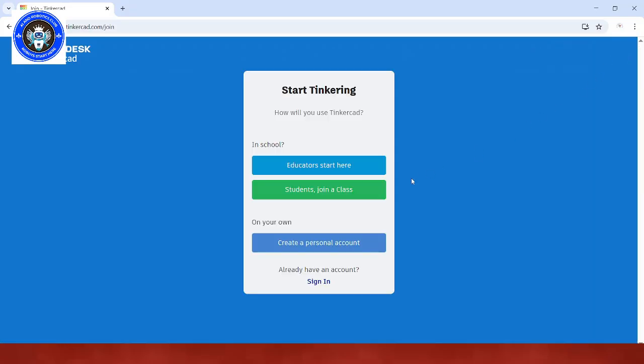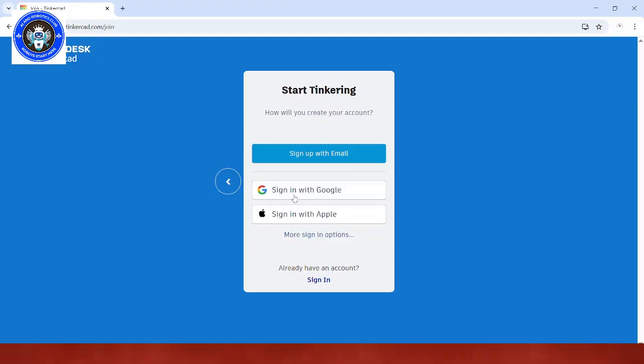You are just going to click. You can choose here as you are a student or an educator, or you can create your personal account as well. If you are in a school that is using Autodesk Tinkercad, you can register here as an educator or a student. If I am going to create a personal account, it can ask me